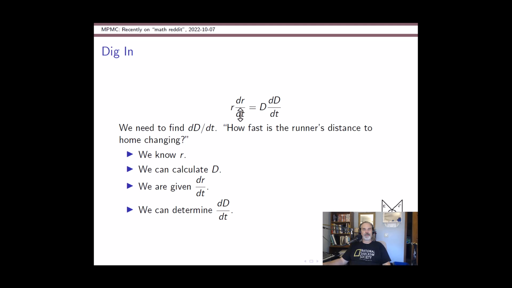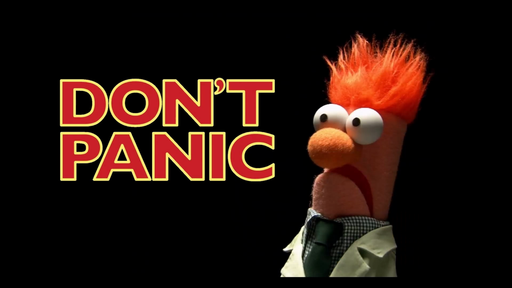We are told that dr dt is some value. I think it was 3, but now I've been saying 3 too many times, so it might have been something else. But